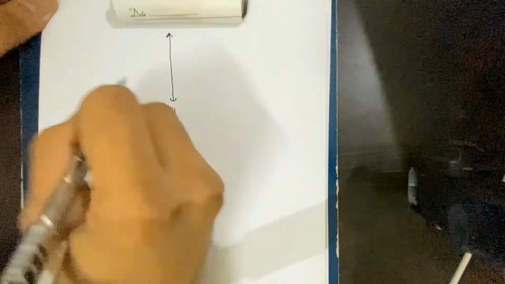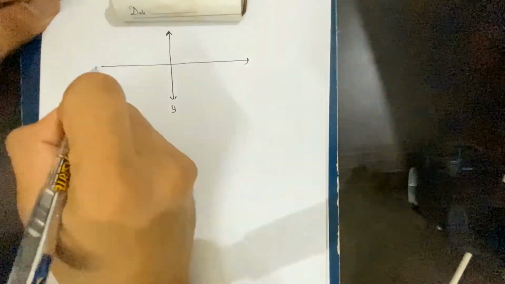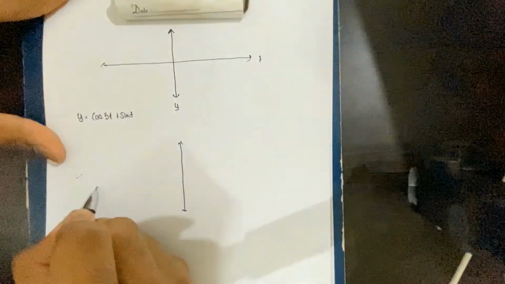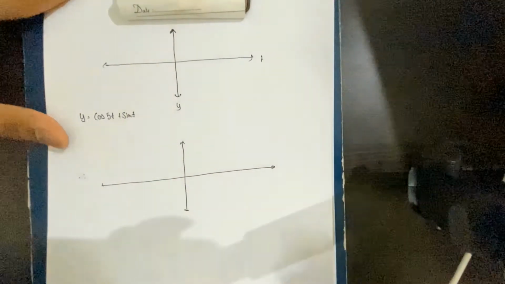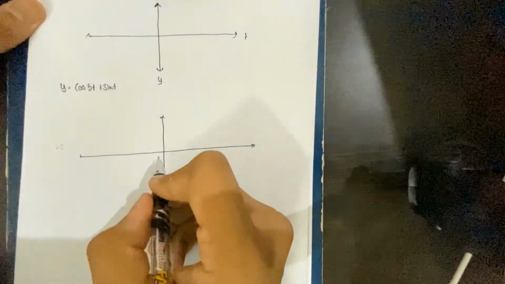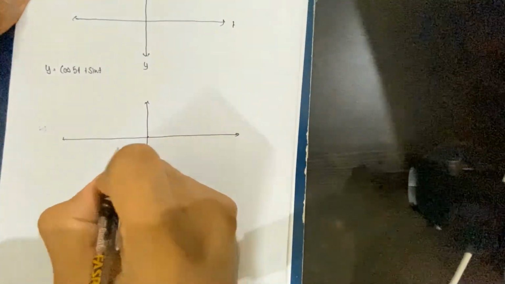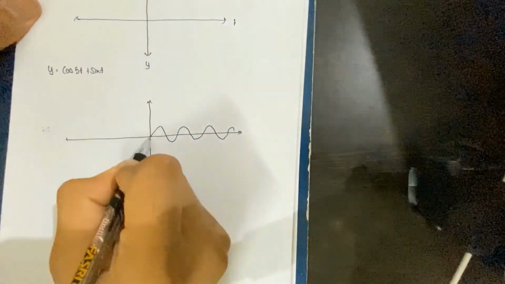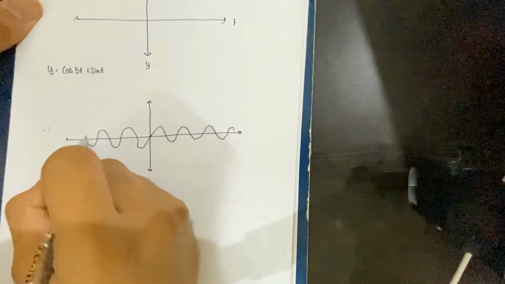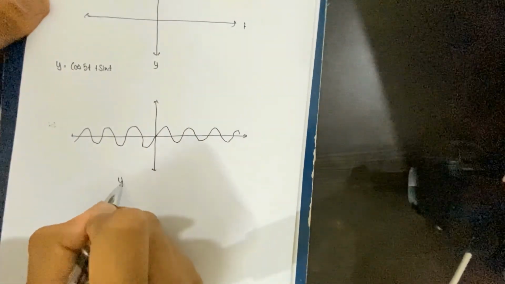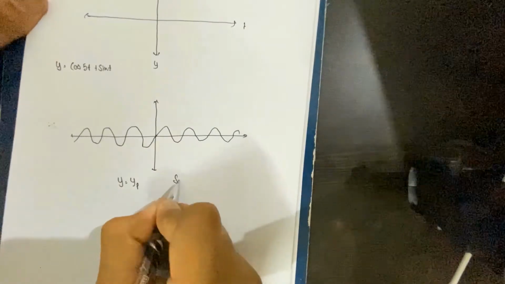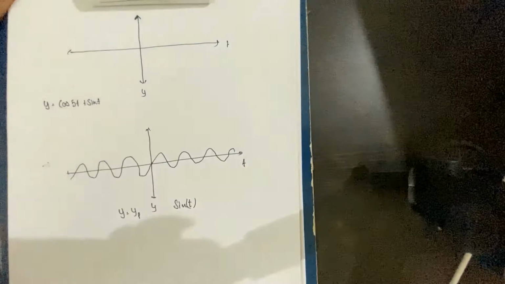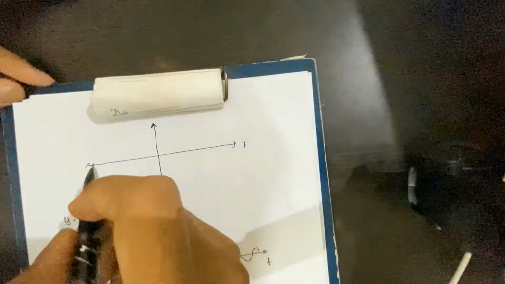This is y, obviously. This axis is t, and for this also let's draw. I'm going to draw these both again in a few moments on a computer. I'm just drawing this for the sake of drawing it. So y is equal to yp, that is the sine t graph. This is y and this is t. So that's basically what we'd expect.